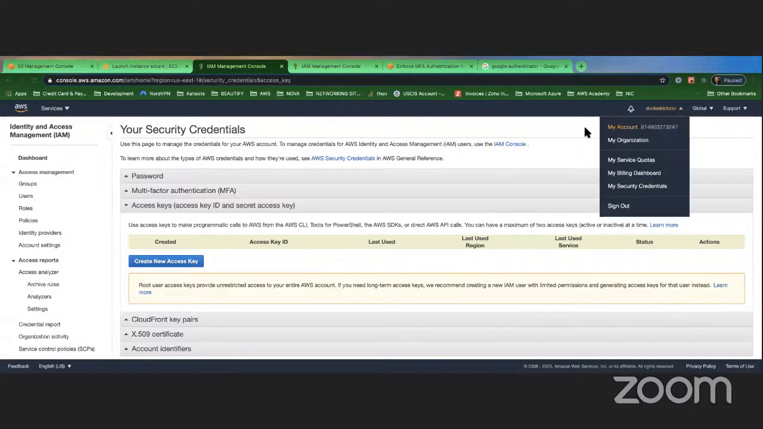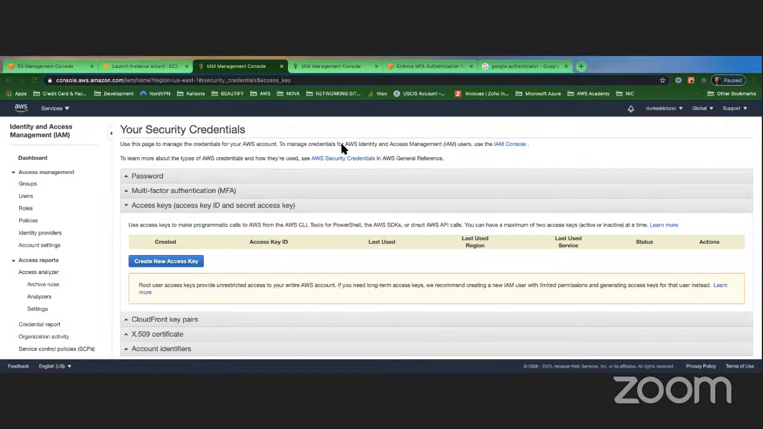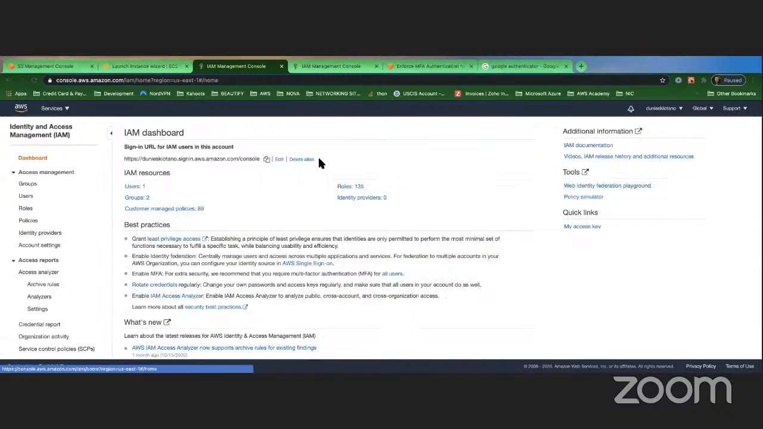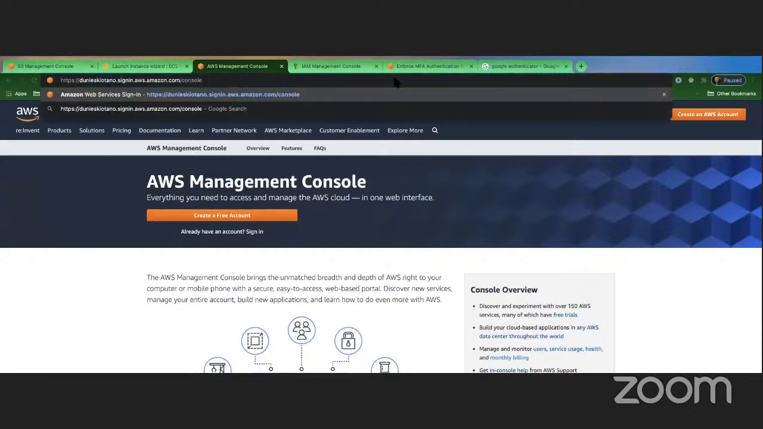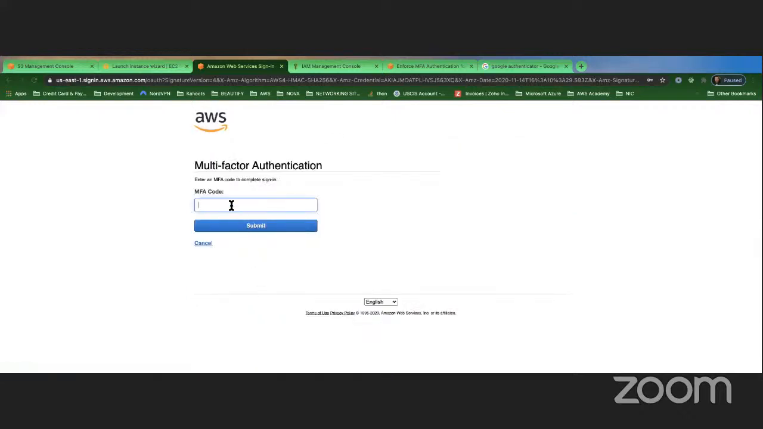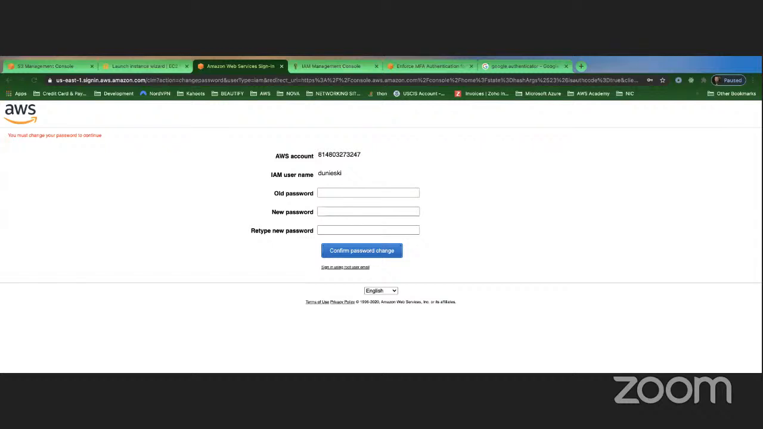Right now, I'm signing in as a root user because this is just for a class, but I can simply go to the dashboard and grab this URL, and log out, right? And then paste that URL. It contains everything that I need, and then I just sign in. I have MFA as well for my account. So I have to come to my MFA and look for the one that has to do with Dunieski Otano. So this one, and then it's just asking me to